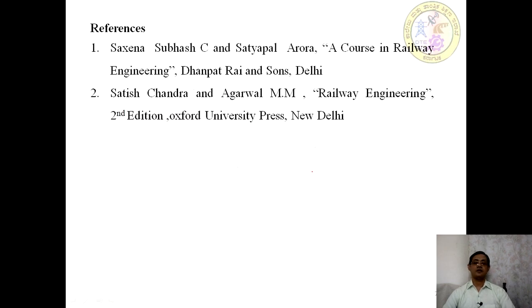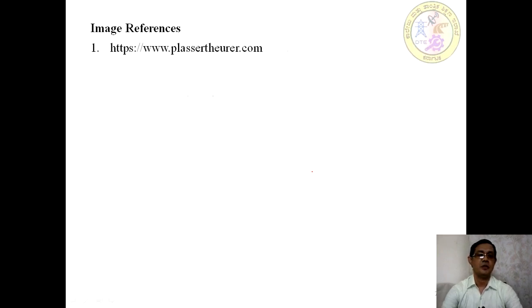With this note we are concluding this session. In this session we have discussed the modern methods of construction of a railway network, starting from surveying to the equipment. Then we defined a railway station and railway yard, then the concepts of mono rail, metro and underground railway system. In order to prepare these sessions, we referred to the textbook mentioned in the syllabus. Apart from that, a few of the images have been referred from the Placer website. Thank you.